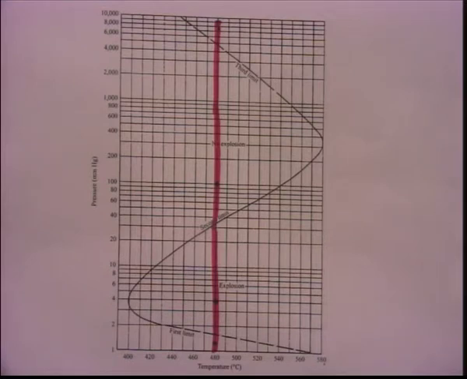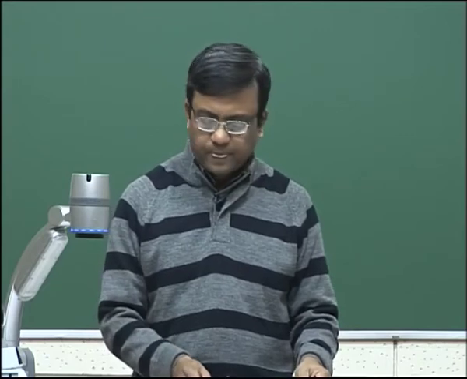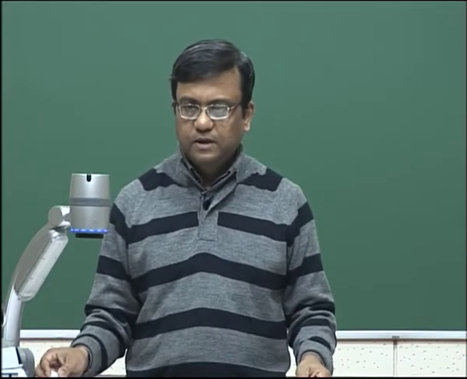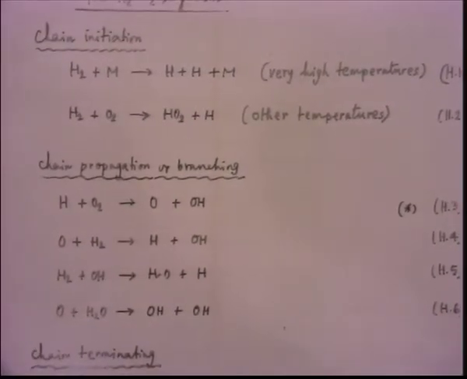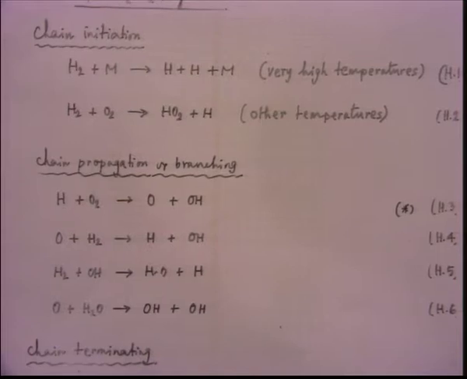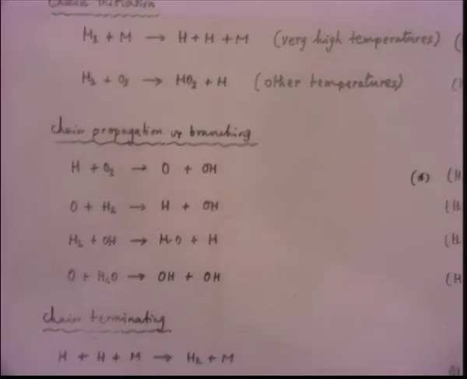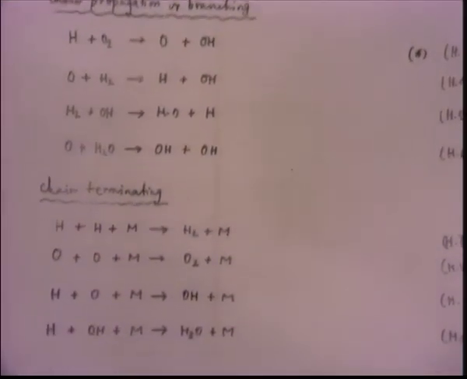Now, what is the reason behind this? Because of studies that have been done by various people, the explanations of all these are available. But let us think about what actually happens in the system, and we have some idea of that. We know that there is a chain initiation. We looked at this a couple of classes back, maybe even in the last class also, and then we know that there is chain propagation or branching, and there is also chain termination.